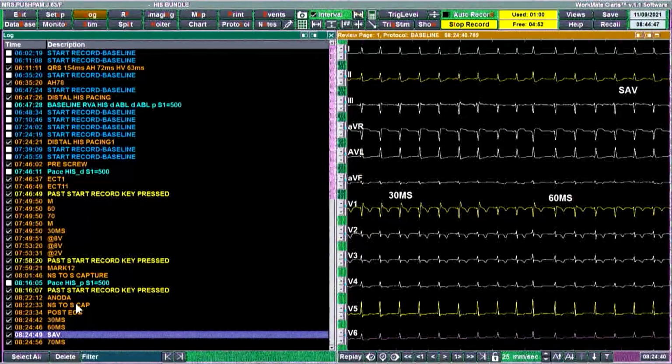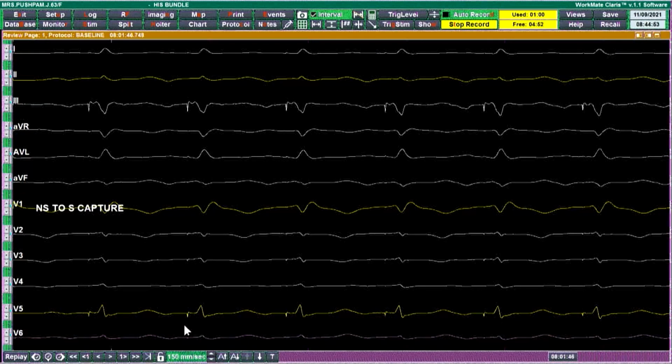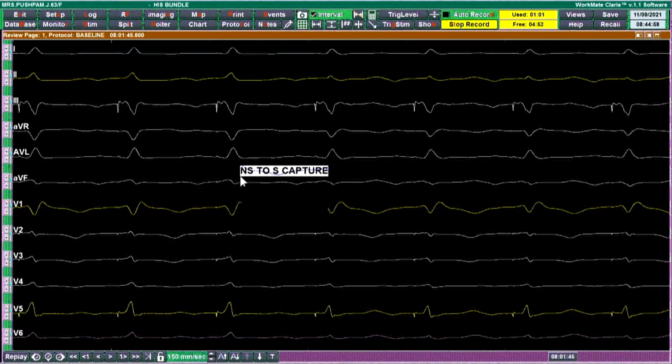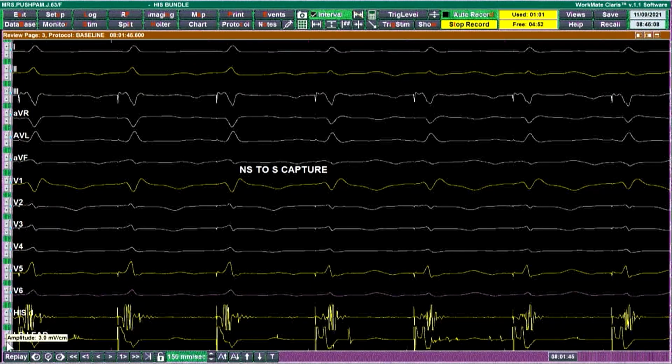The second most important is to record a left bundle branch potential. A left bundle branch potential will be recorded in all patients except those with a complete left bundle branch block and those with a complete infra-Hisian block. In these two groups of patients, you will not have any antegrade activation of the left bundle during sinus rhythm. So in these two groups, you will not be able to demonstrate a left bundle potential during sinus rhythm. You have to do additional maneuvers to document it.